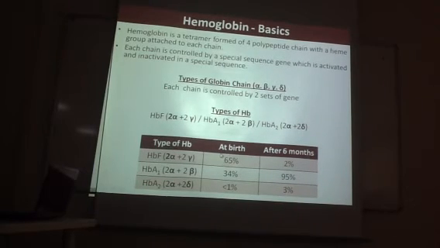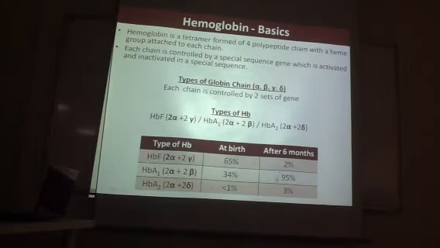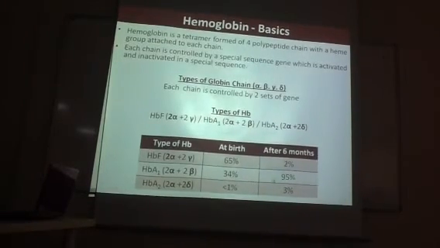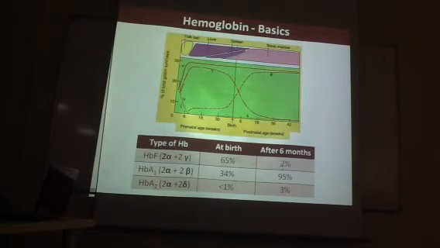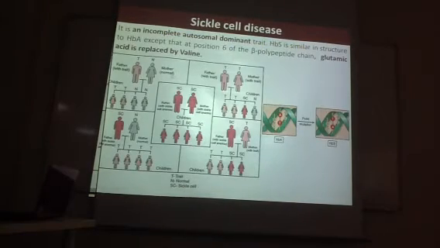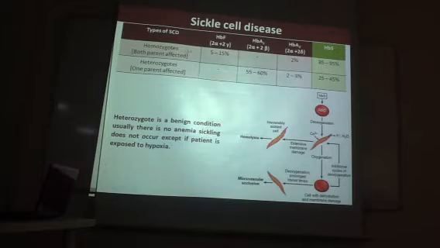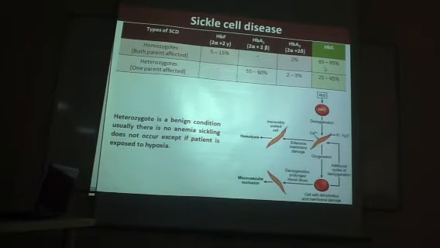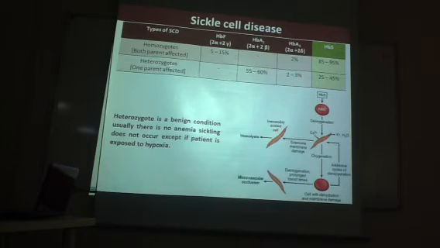When a child is born, up to 6 months more fetal hemoglobin is seen, and after 6 months it is replaced by adult hemoglobin. Sickle cell disease is due to a defective beta chain, where glutamic acid is replaced by valine. When they are homozygous, both genes are affected and hemoglobin S is increased, nearly 95% hemoglobin S, sickle hemoglobin. This is very important.